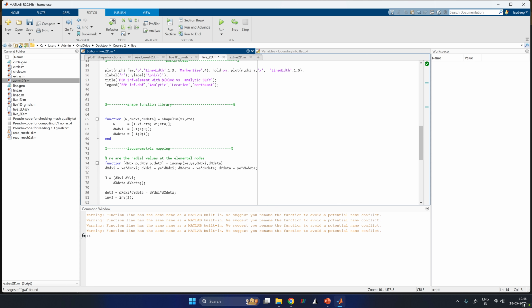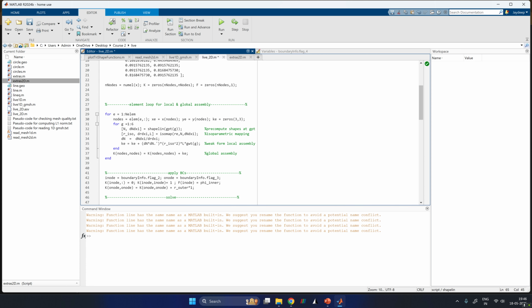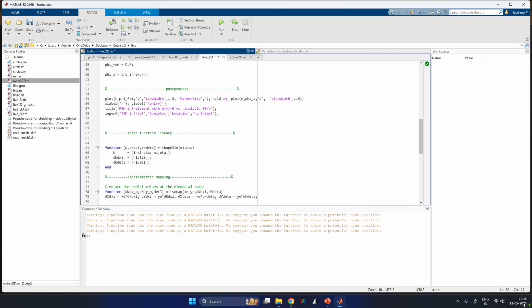Okay, so now let's just call our helper functions. Let's just paste them here. You have g point of g, g comma 1. So this is our psi column, and then just add the eta column as well. So this will simply be 2. And now let's do the isoparametric mapping,